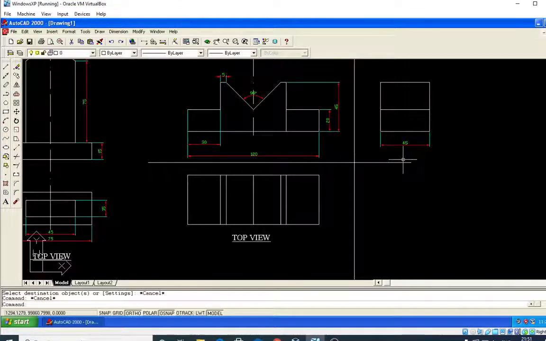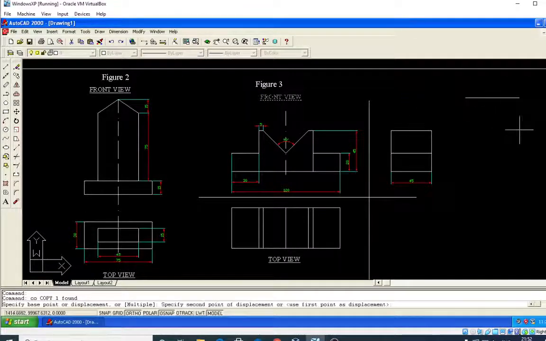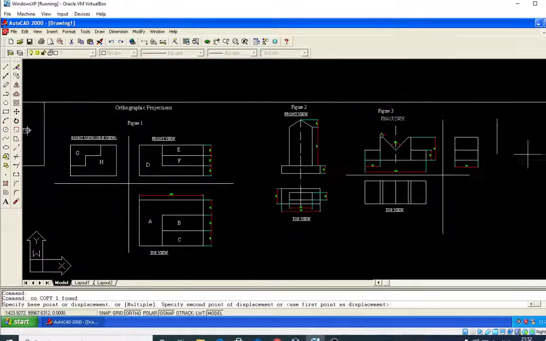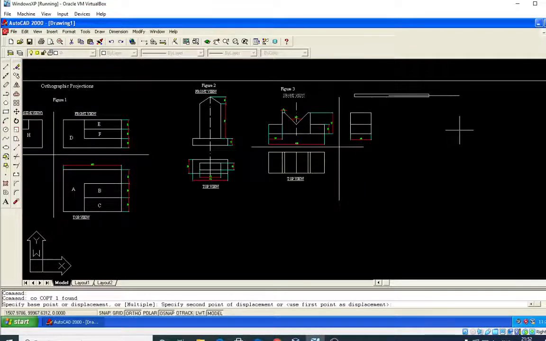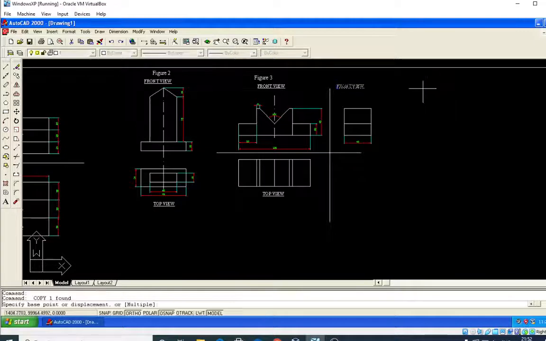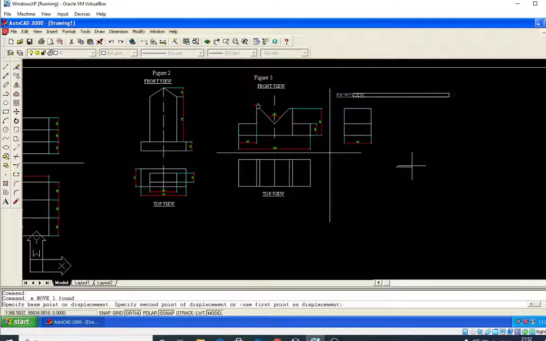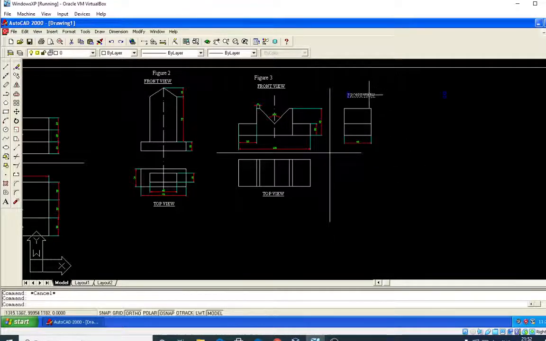draw this one. So again take copy, CO, enter. Here I will move somewhere in the below. Erase it. Okay, move and edit it.